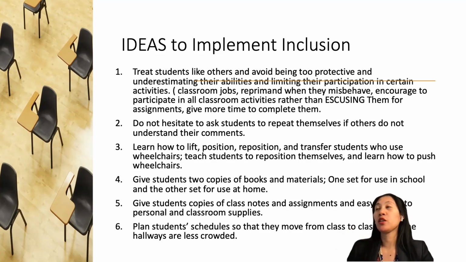Next is number four, give students 2 copies of books and materials, one set for use in school and the other set for use at home. So for this one, for inclusion, right? As of this time, because of the pandemic, I don't give book copies at home. However, they have the online textbook that I give them for sciences. They can access it. I also have PowerPoint presentations and PDF that I posted in the